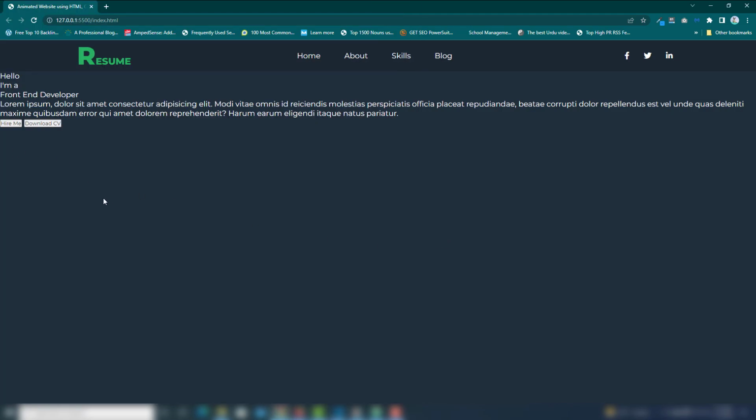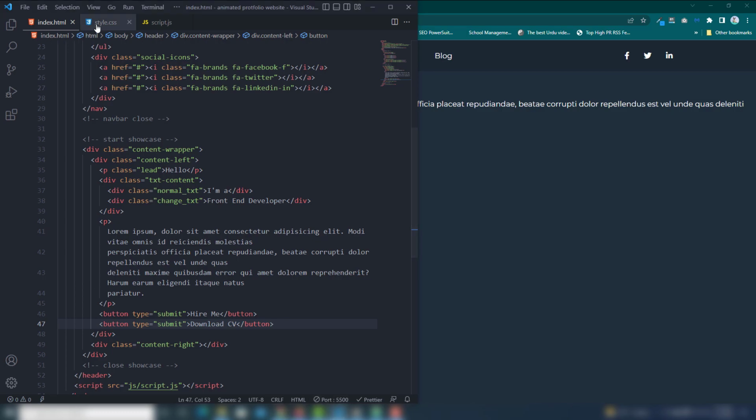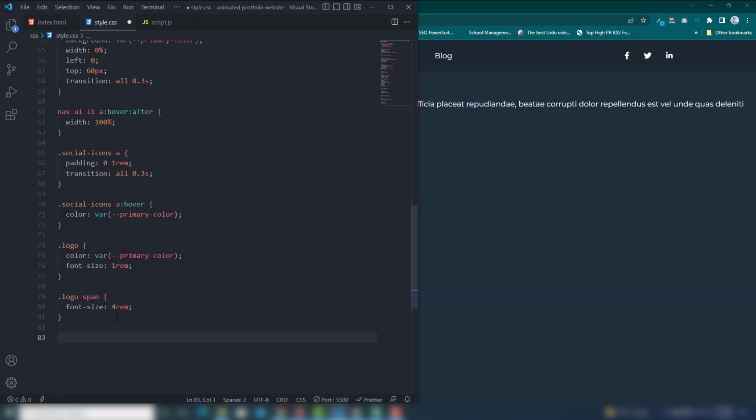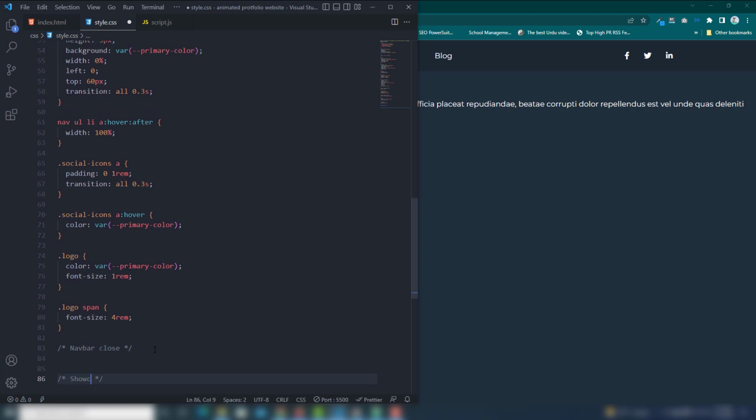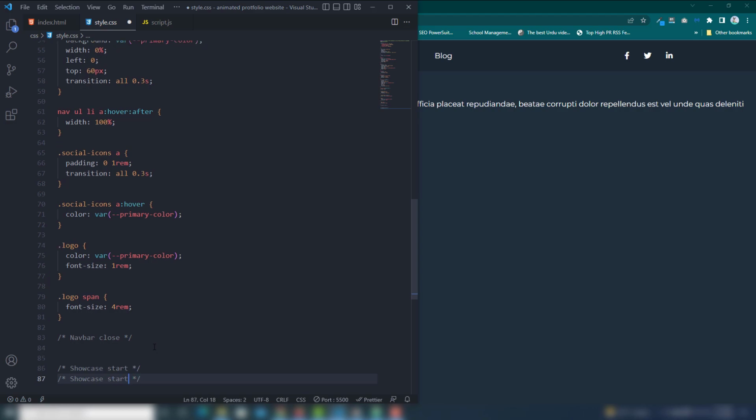We need to manage that. So I go to my style.css, so close showcase style, and also I'm going to add on the showcase close.